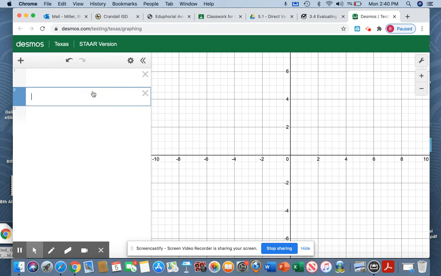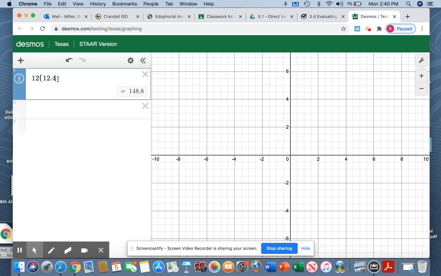Plug it into Desmos. 12 times 12.45 is 149.4. And then I have to divide that by 5. 149.4 divided